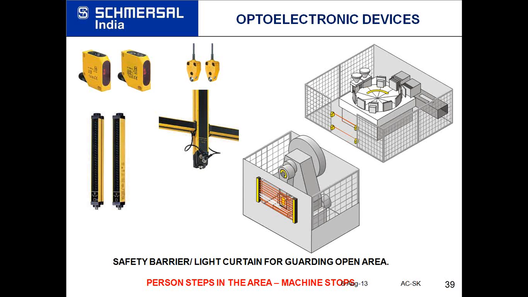The safety light curtains shall be mounted at an adequate distance from the hazards of the machine or the process. And for that, we need to calculate the safety distance between the safety device, which is the safety light curtain, and the moving part of the machinery. If we don't do this, then before the system reacts because of this safety light curtain, our hands can go into the hazardous motion and can meet with an accident.